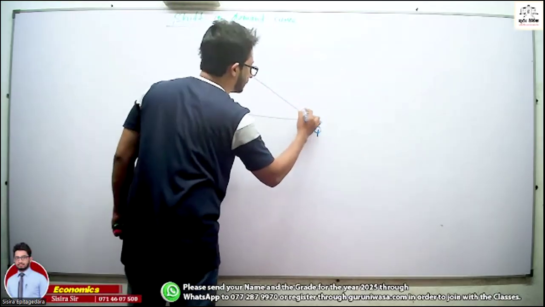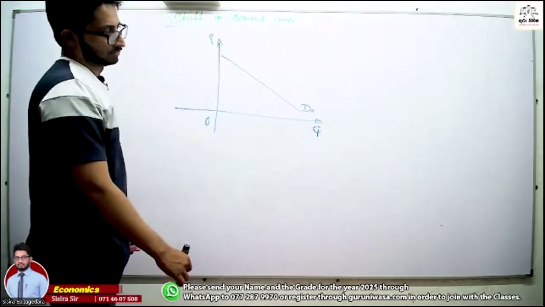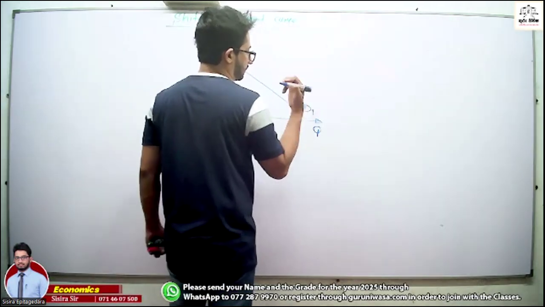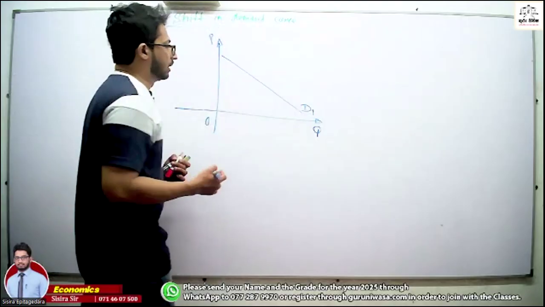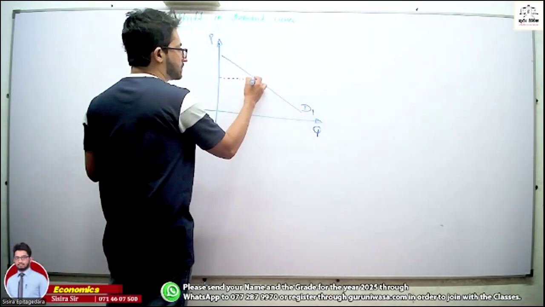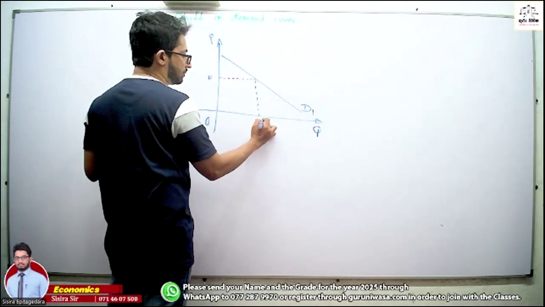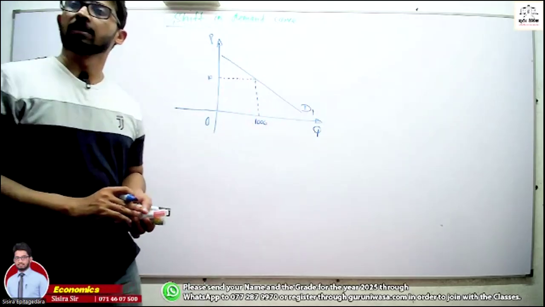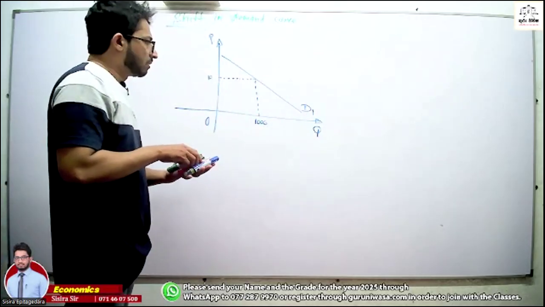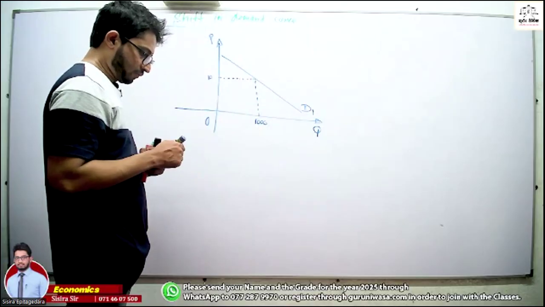This is your original demand curve. Let's say it's D naught. No, D1, right? Demand curve 1. Assume, imagine, the price of this product is 10 rupees and demand is 1000 units. Shift in demand curve means, assume, let's say this is the price of